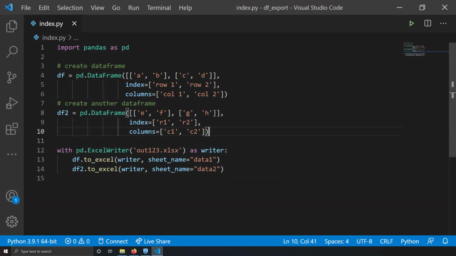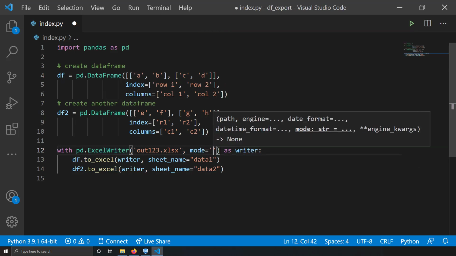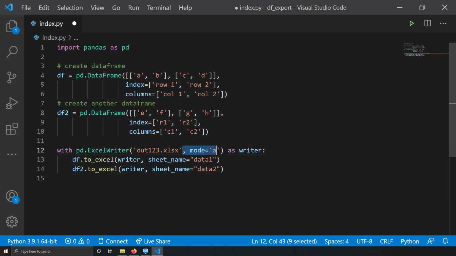Suppose I want to once again dump these data frames into different sheets of the same Excel file, and I don't want to disturb the existing sheets. While using the ExcelWriter, I'll write mode equal to 'a'. That means I'm going to the append mode, so the Excel will not be disturbed. Any new sheet will be appended to the existing Excel data file.